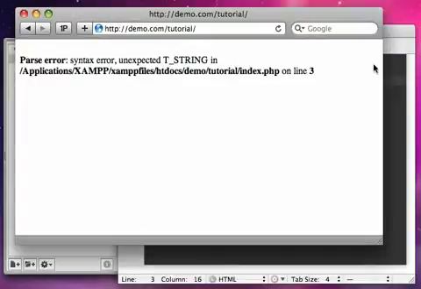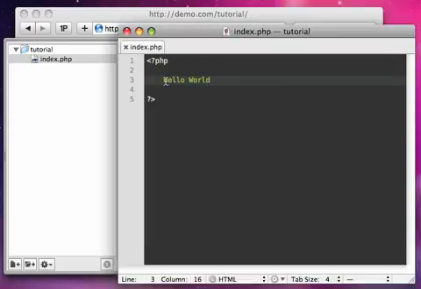Well, that's because PHP doesn't just let you write your HTML or your code just inside of PHP. You have to tell PHP, hey, at this point of the script, I want you to actually put something on the page. So the way we do that is we use a function called echo. Now there are 2 or 3 functions that do this, but this is the more popular one that I use and recommend. So we're going to use echo, and what we want to do is echo hello